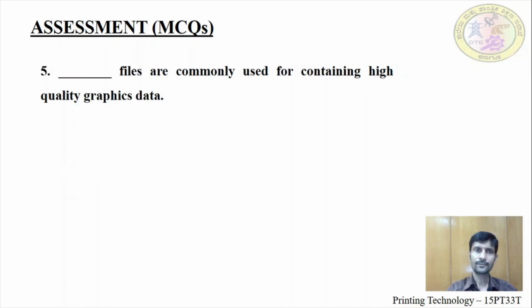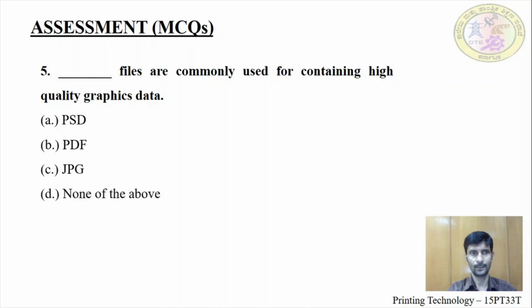Next, dash files are commonly used for containing high quality graphics data. The options are PSD, PDF, JPEG and none of the above. Normally JPEG is a high quality graphic data, but with compression, losses occur. .pdf contains all the information of the creating software and it helps for printing applications.